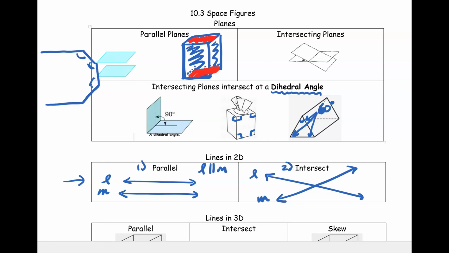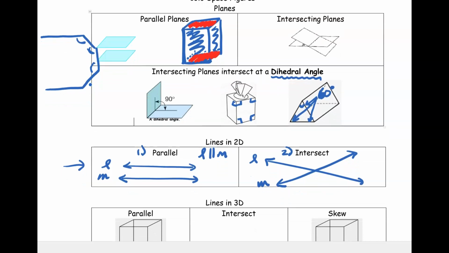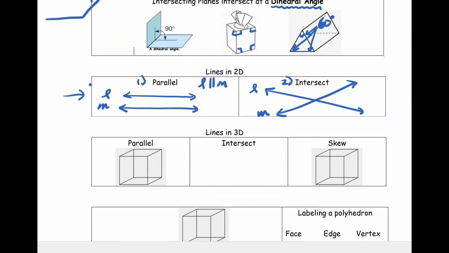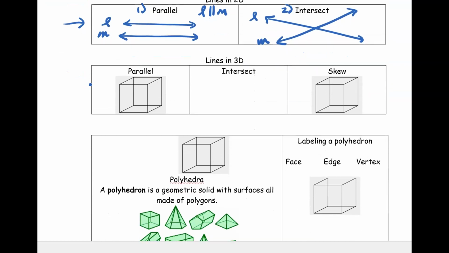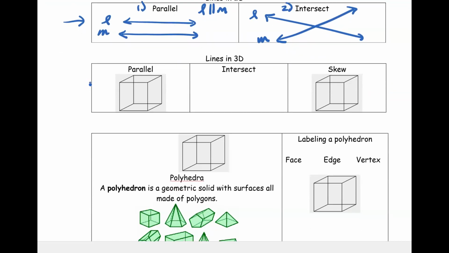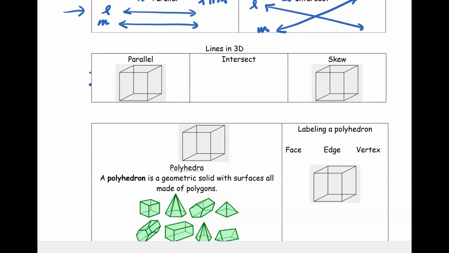So let's jump back to lines again. We've got lines in 2D and we talked about parallel versus intersect. Now let's talk about lines in 3-dimensional space. So in 3-dimensional space, we can think of lines